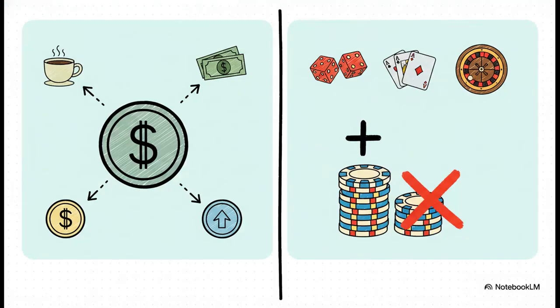So on one hand, you've got cryptocurrency treated as property. IRS Notice 2014-21 settled that. This means every single time you dispose of it, whether you sell it for cash, trade it for another crypto, or even use it to buy a cup of coffee, that's a taxable event. It's governed by Internal Revenue Code Section 1001, and all of it gets reported on Form 8949. But then on the other side, you've got wagering, which falls under Section 165(d). Here, your winnings are ordinary income, and your losses, well, they're severely limited. This is a massive fork in the road.